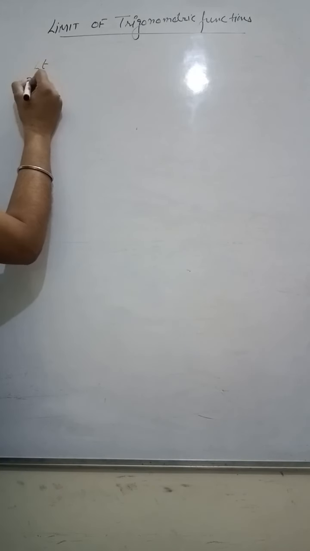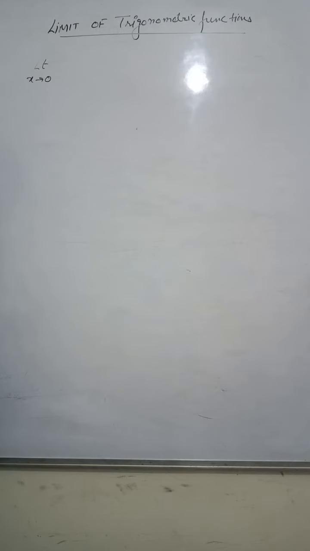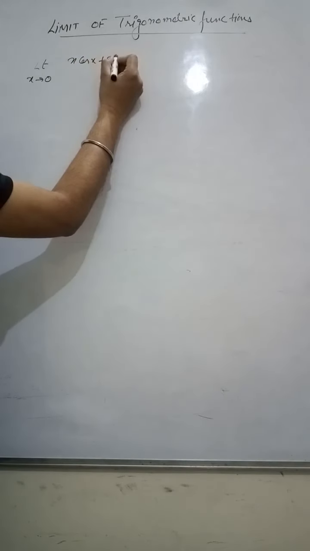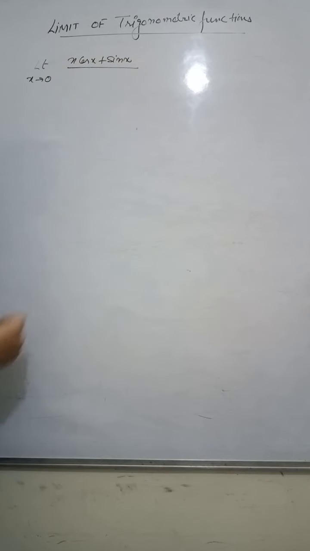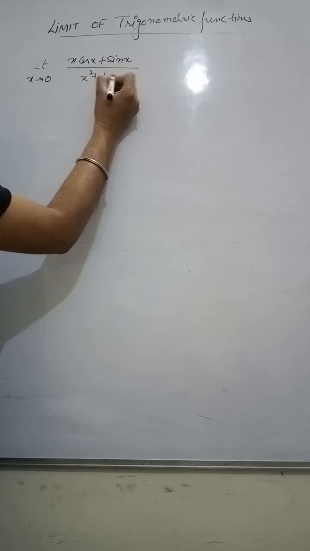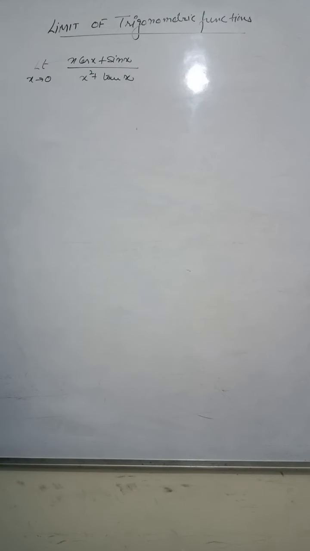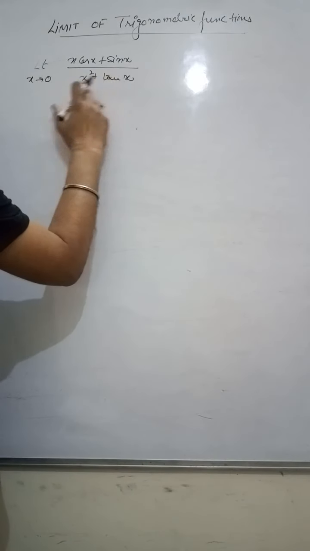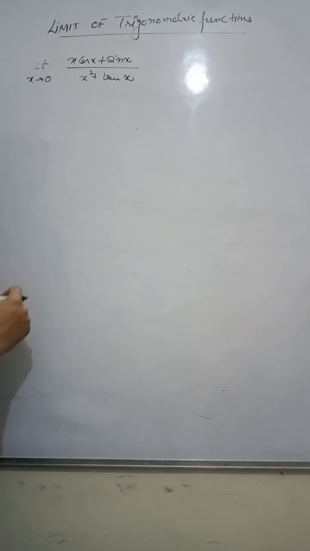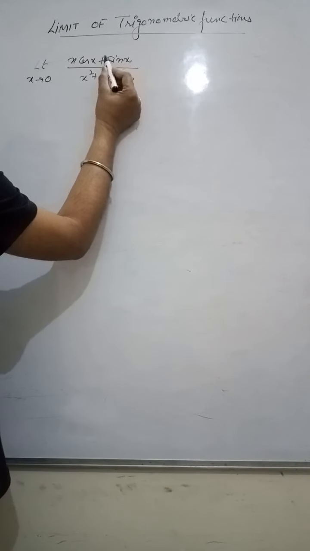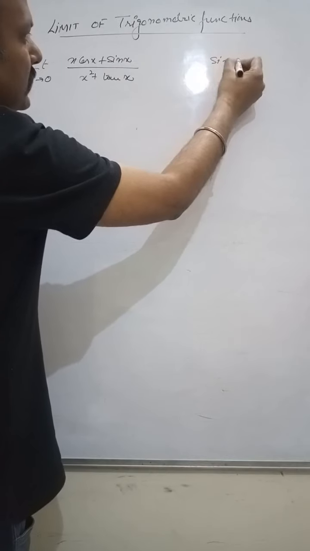Limit x goes to 0, (x cos x + sin x) upon (x square + tan x). Yes, what will we do here? Again, it is 0 plus 0, which is 0. Now see one thing, this is sin x, and we know, again I have to write the same thing,